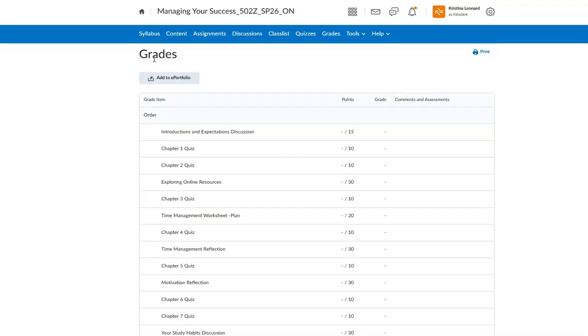So 10 out of 10, A, or 0 out of 10, F. And that's your overall grade, using all of these to calculate that information. So this is where you'll see your points, and you'll actually see my feedback and comments. So again, please check this regularly so that you can see if I've made any errors, but also to stay on top of your progress in class.